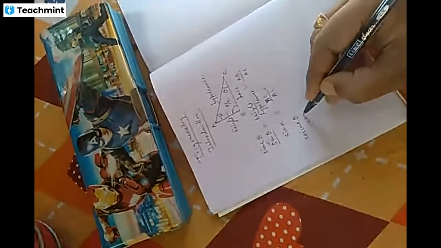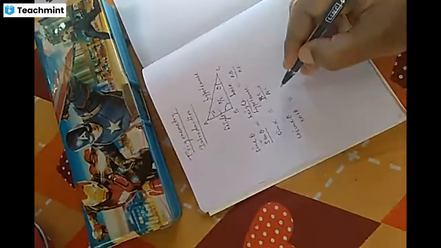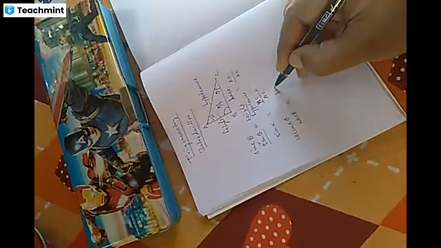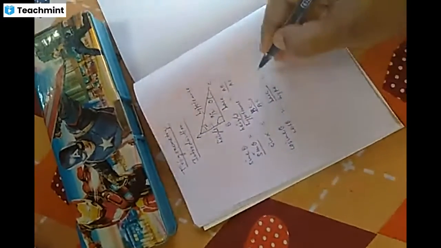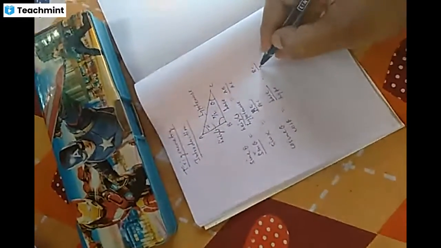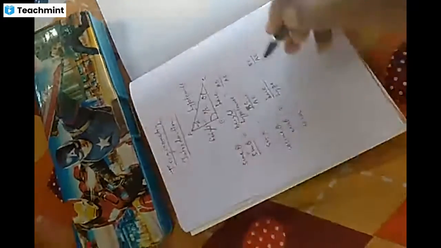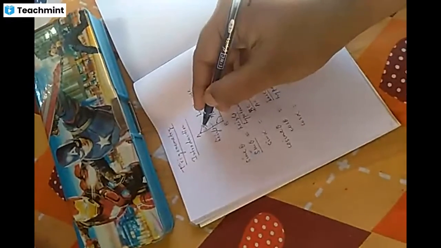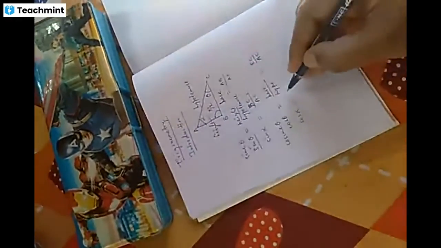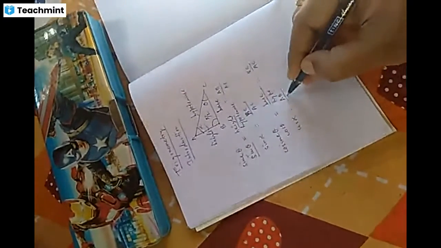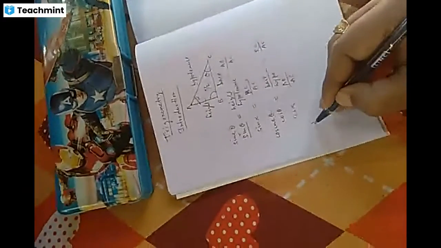Now we define another trigonometric function, cosine of theta. This can be written in this form, cos theta. This will be base by hypotenuse, so this will be BC by AC. And if we find cos alpha, the base will be AB. With respect to this angle, the base is AB, so AB by AC.